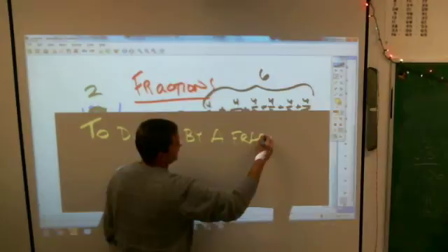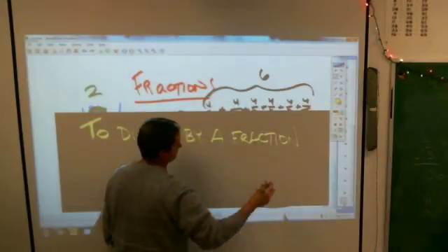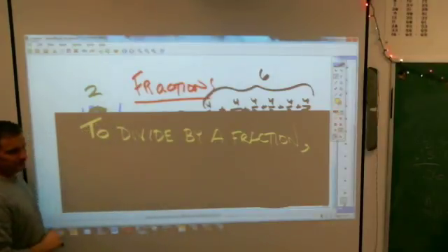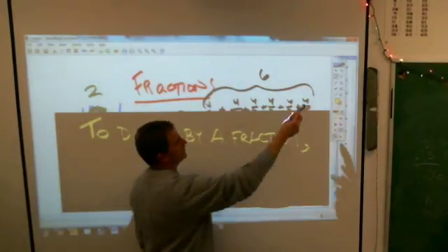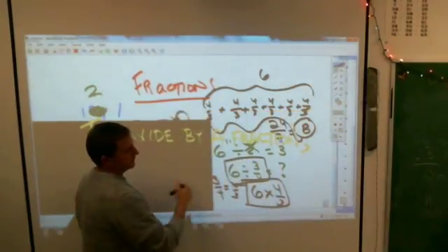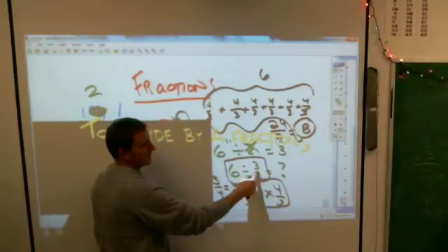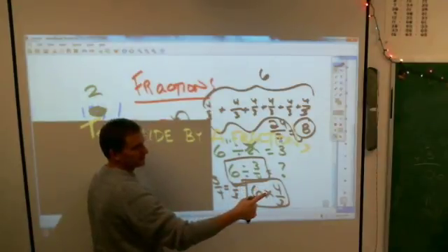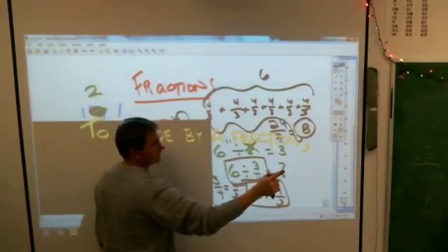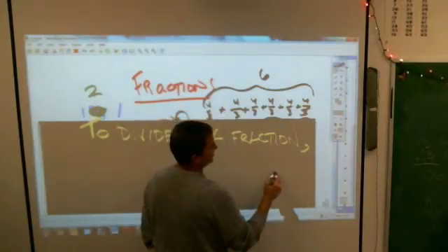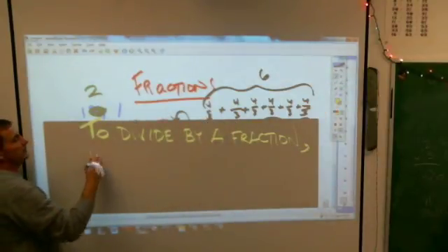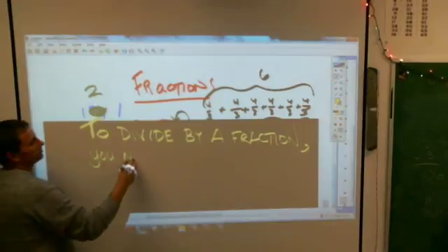2 divide by a fraction. Can anybody finish my sentence? Wait. Let me move this out of the way and give you this again. Here was my 2 divide by a fraction. You got it. That is exactly what I was going to say. 2 divide by a fraction, you multiply